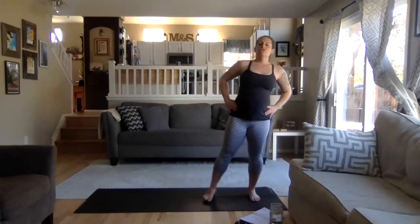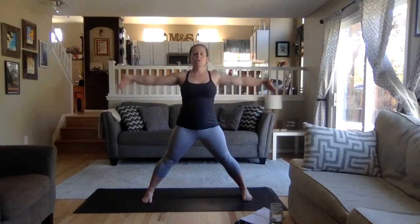hands to your hips, take a big deep breath in, and then exhale, just step your right foot out wide, and you might wiggle it out to kind of find your distance that's comfortable for you. Take your heels and press them out and slightly pigeon toe your feet in towards the middle. Good. Really to engage our core here, inhale, take your arms out to a T, full deep breath in, and